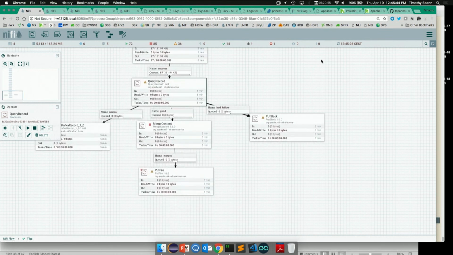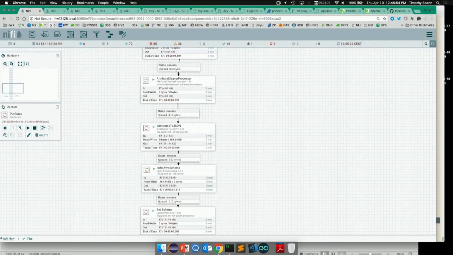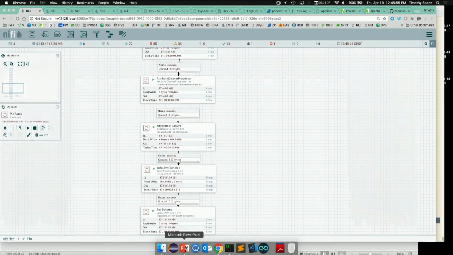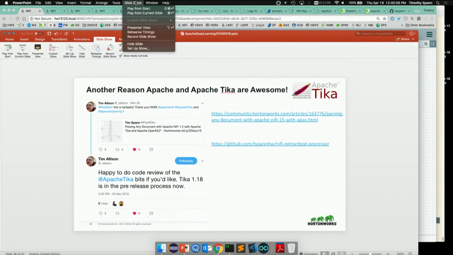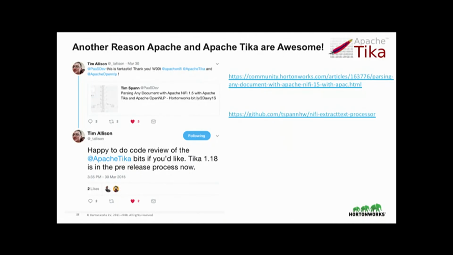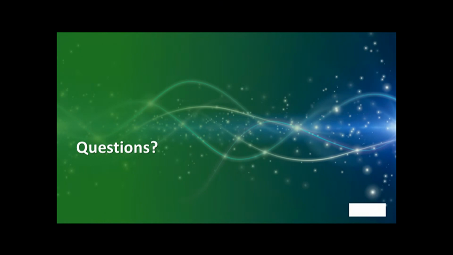If it's good, I want to store it in a file. If it's bad, send a Slack message to a DevOps group to say, hey, you guys are bad. Whatever you want to do there. So that's Tika. Again, another Apache project, more open source, all works together.